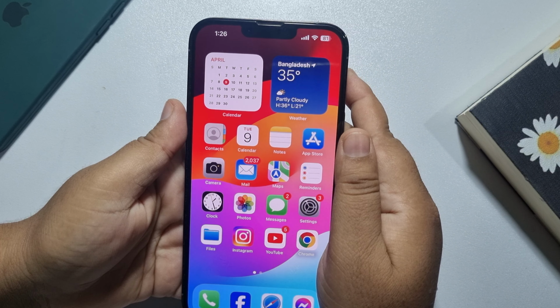First of all, go to your iPhone settings and scroll down until you find Messages. Open Messages and here you should see the iMessage option. So if you're having this error that you are trying to send any text message to any Android phone, but